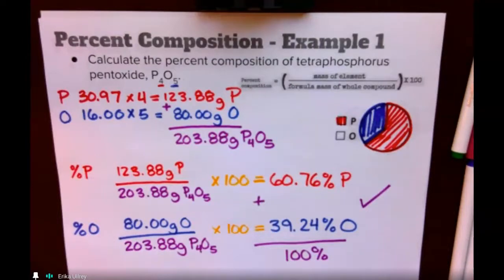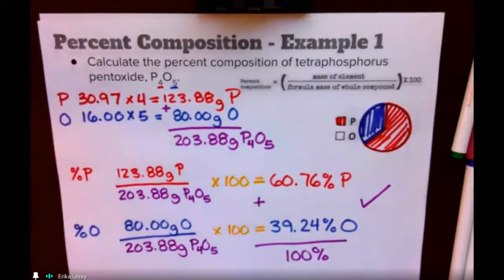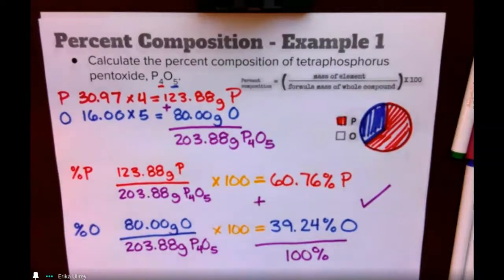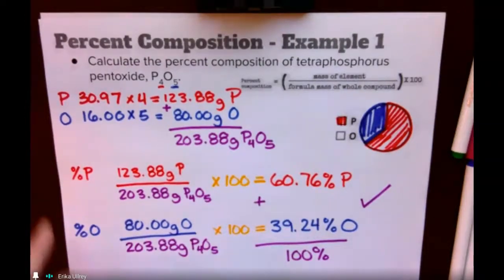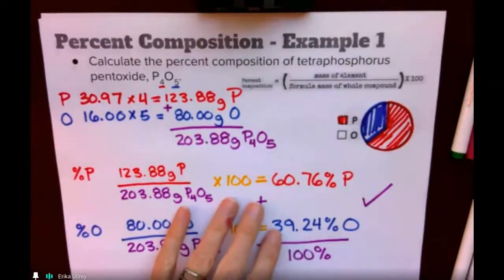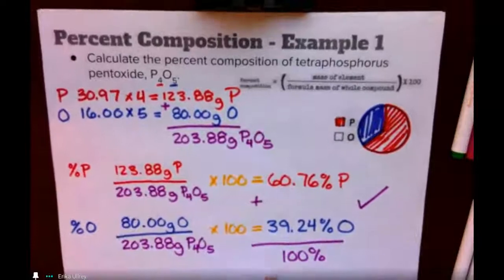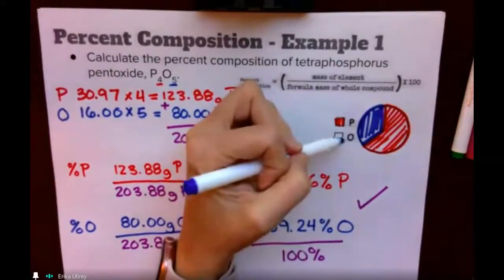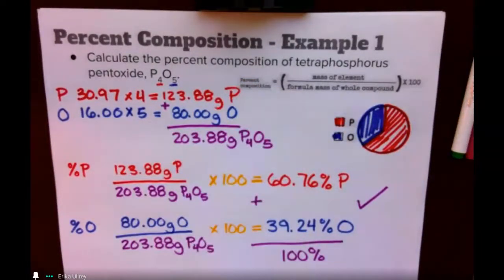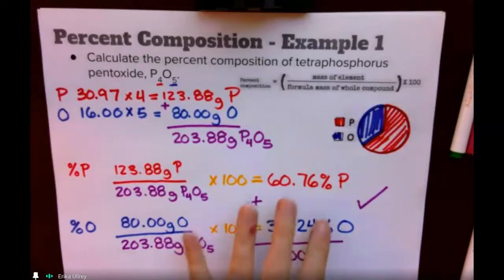Yeah, so Chris, we do it for both elements. I just started with phosphorus because it was the one that I had on top and the one that I wrote down first, and then I did oxygen second. But I could have started with oxygen and then done phosphorus and it would have been fine. Okay, so that's example 1. All right, so then the next thing that